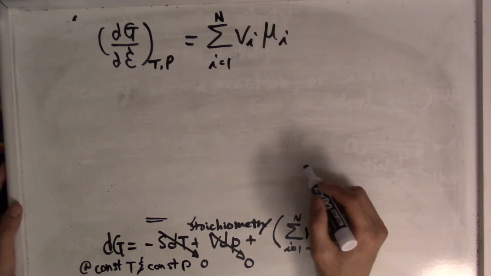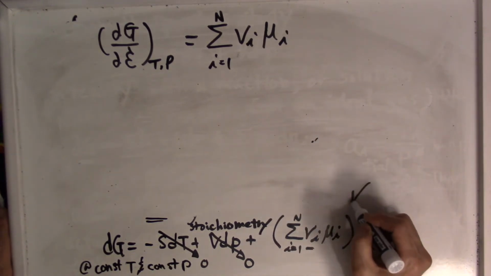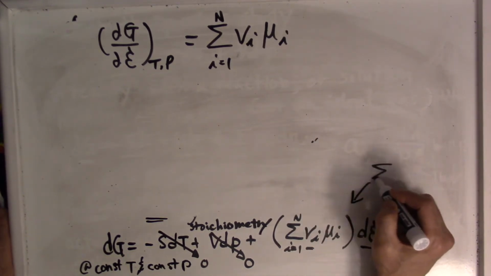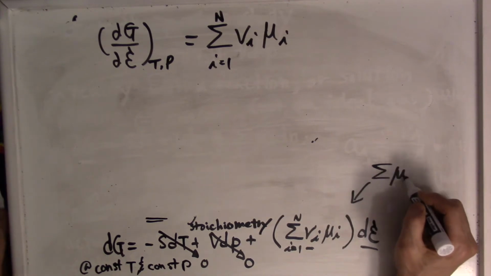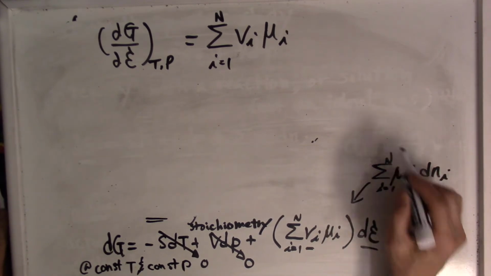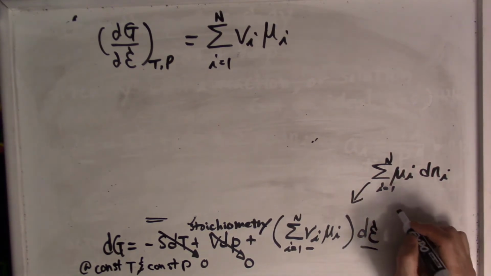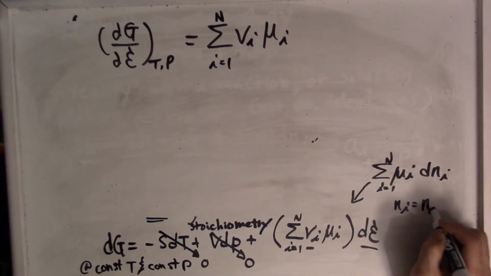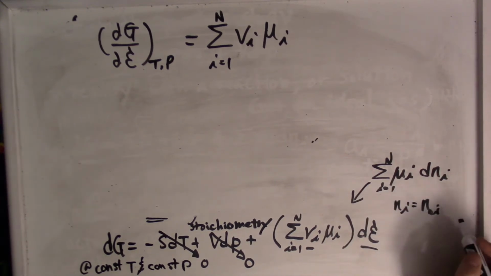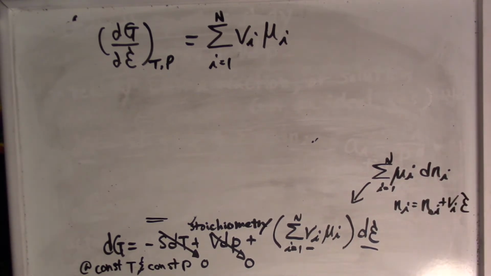Earlier, it was converted from the sum of the chemical potential times dNi, right? And i goes through the number of species, right? But it got converted because Ni is equal to N0 of species i plus stoichiometry times the extent of reaction, right? But anyways,